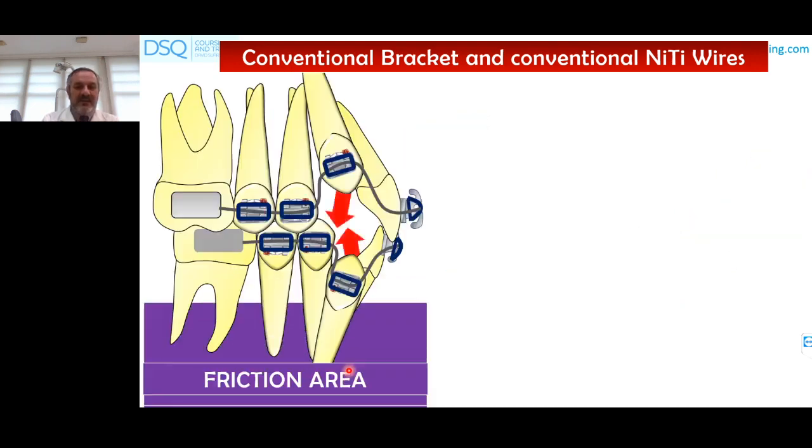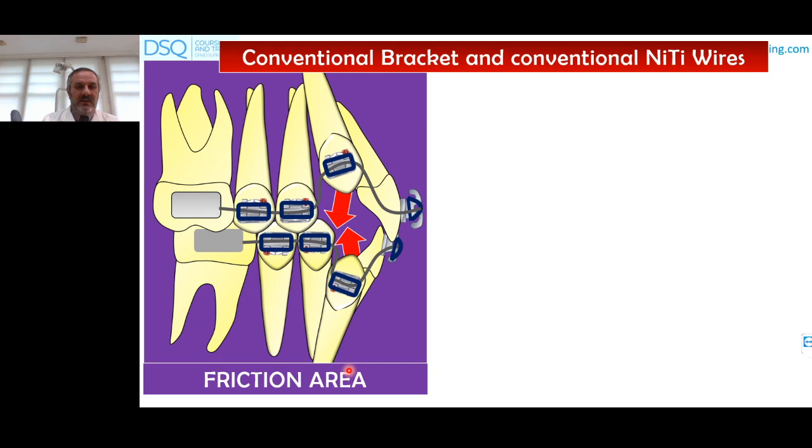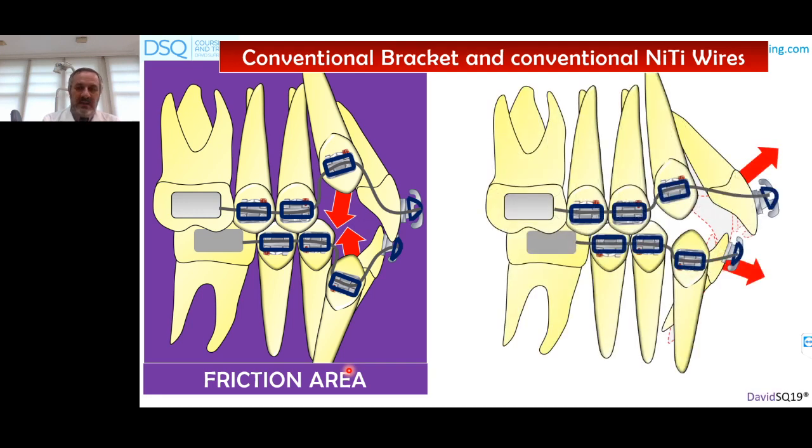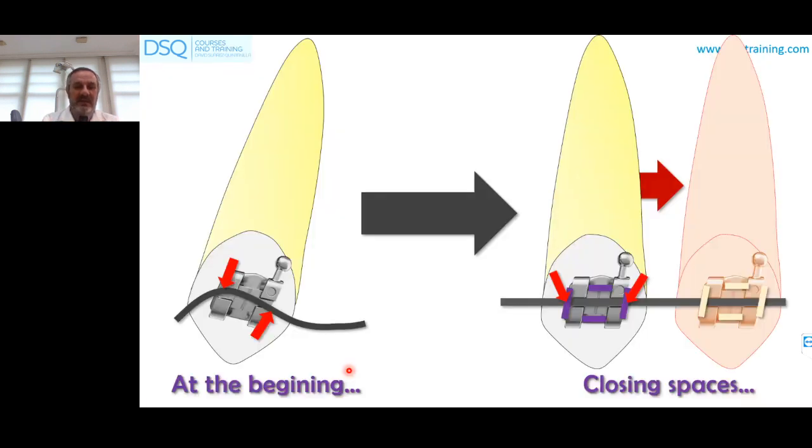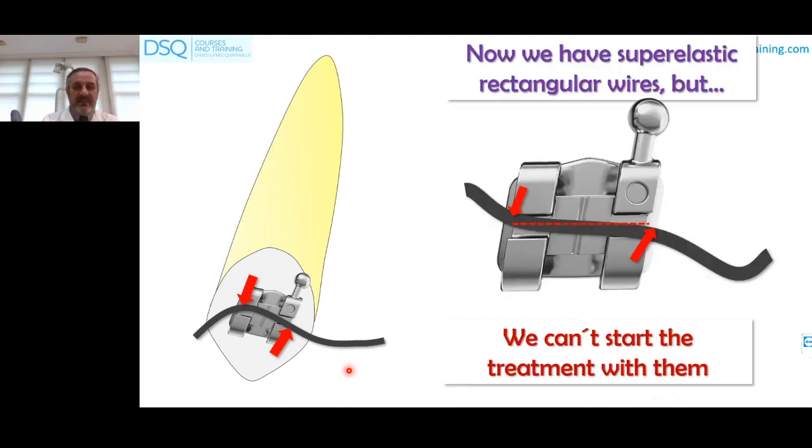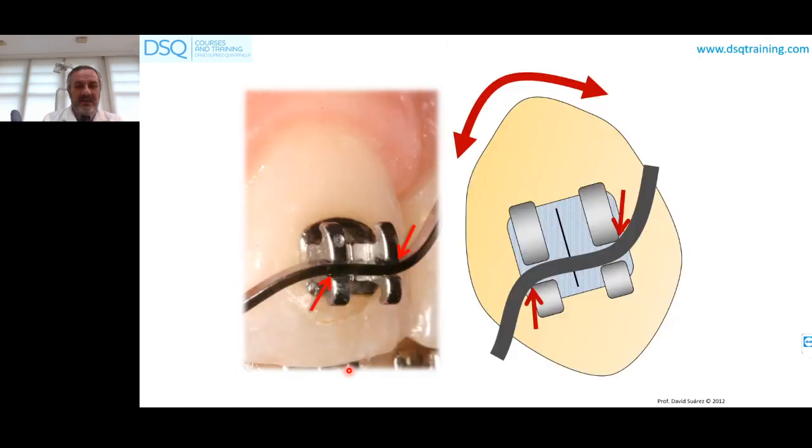Okay, this is the friction area when you are using a conventional bracket and conventional ligature wires, and this is the effect: the protrusion of the upper incisor and the lack of get down of the canine. At the beginning of the treatment and during the closing space phase, we have different types of friction. Now we have superelastic rectangular wires, but we can't start the treatment with them. For this reason,